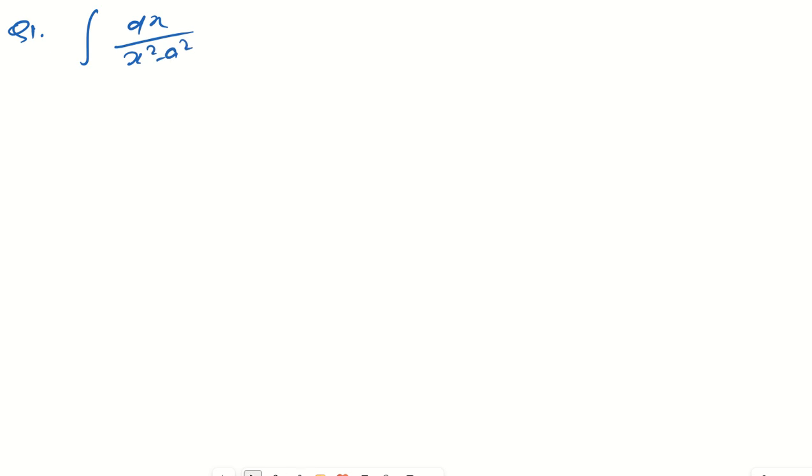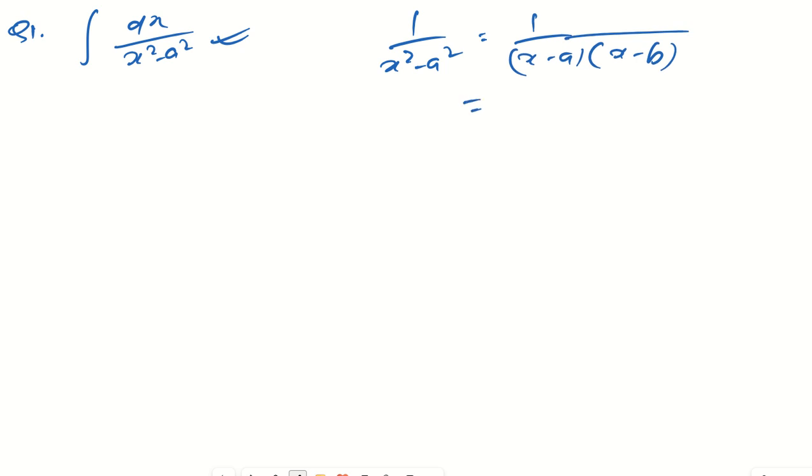So what can we do? What we can do is we can try to solve this using, let's say, we are going to distribute this. So can we write it down something like this? 1 by x square minus a square is equal to 1 by x minus a into x plus a. So this is very easy. Now we can also write it down as 1 by x minus a, by partial fraction you can do that, divided by, or it is 1 by x plus a, right?